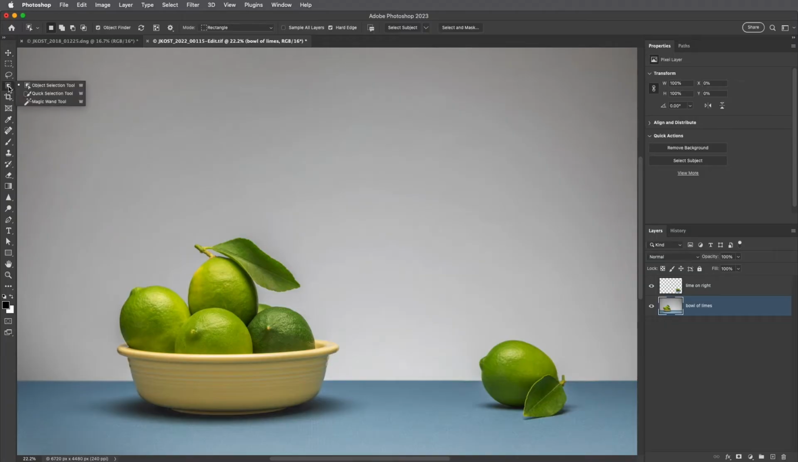The Object Selection tool uses artificial intelligence to detect and select several different types of regions in images, including objects and people and animals, and also skies and water, buildings and plants, trees, and even some types of ground and flooring. When the Object Finder option is enabled, Photoshop displays a magenta overlay wherever it detects an object or a